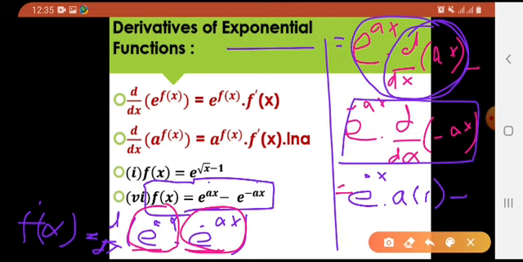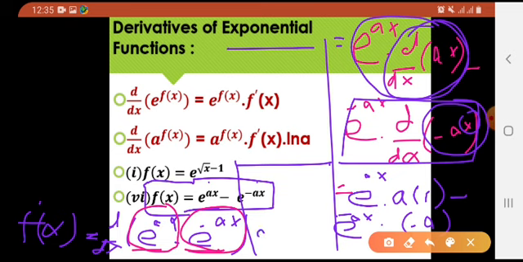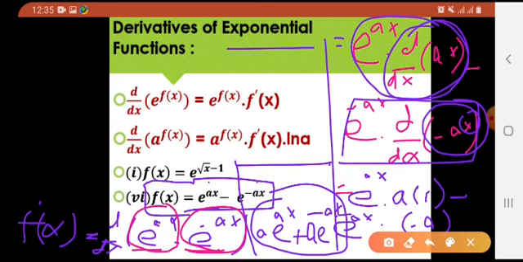Let us talk about the derivative of the other term. It would be e raised to the power minus ax as it is into the derivative of minus ax. So it would be minus a, as it is being the constant, and the derivative of x would be 1. So this would be minus a. Done? Clear? Okay, let us write down the final answer over here. It would be a into e raised to the power ax, minus and minus plus, so it would become a into e raised to the power ax plus e raised to the power minus ax. This would be your answer. I hope this is clear.